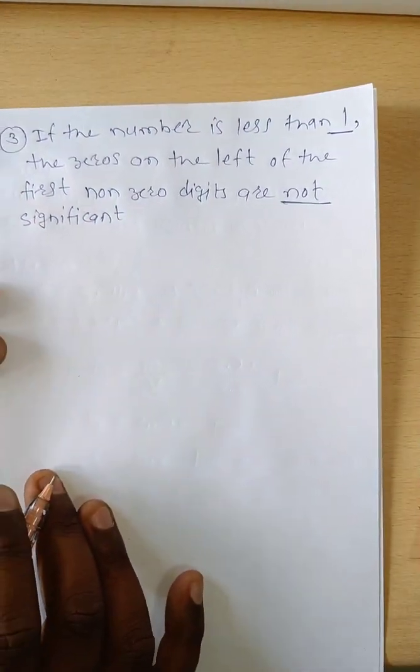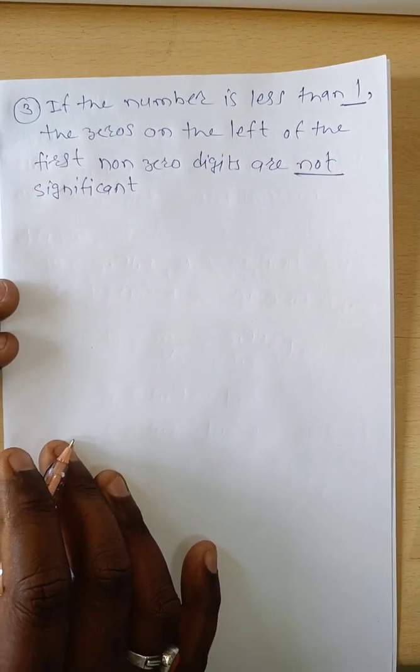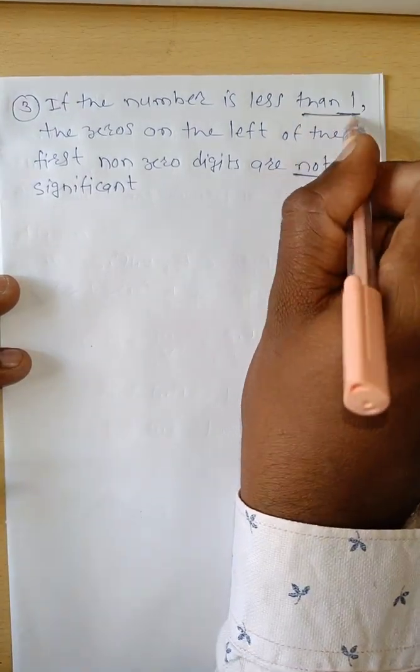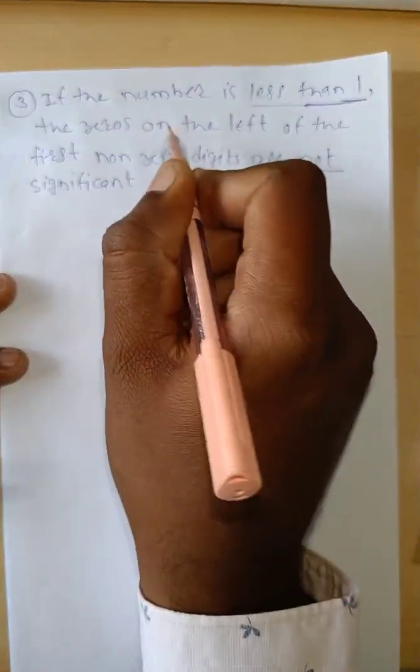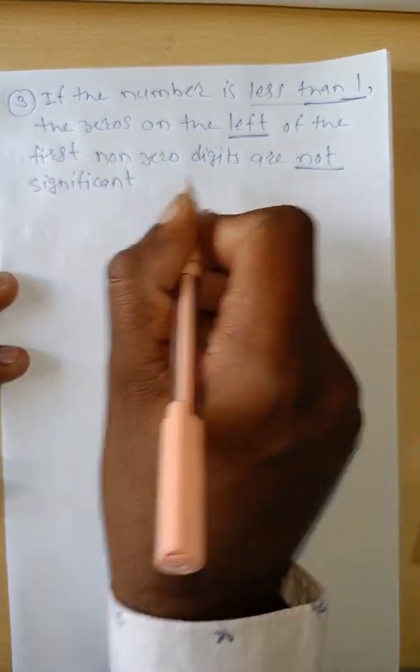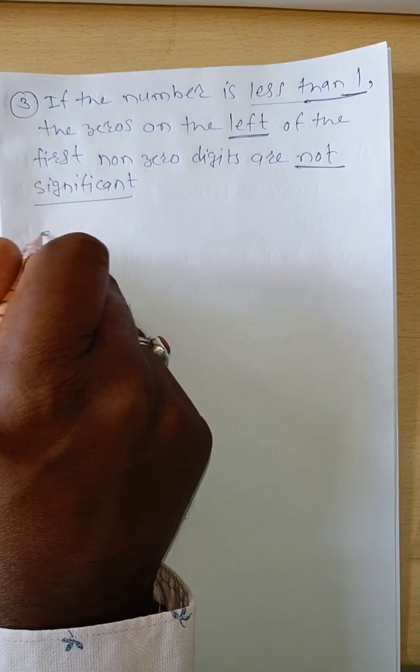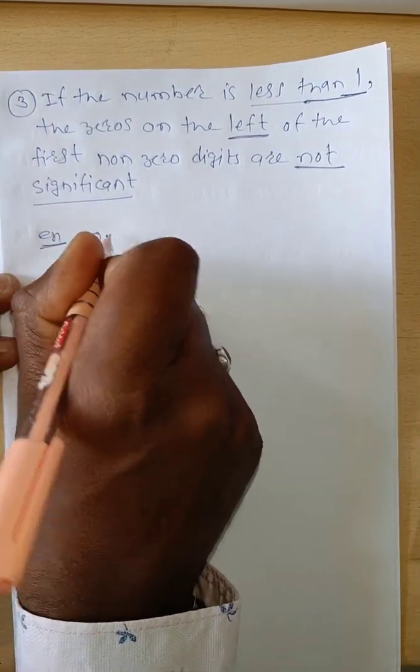Okay, now see the rule. If the number is less than 1, the zeros on the left of the first non-zero digits are not significant. Now suppose, for example,